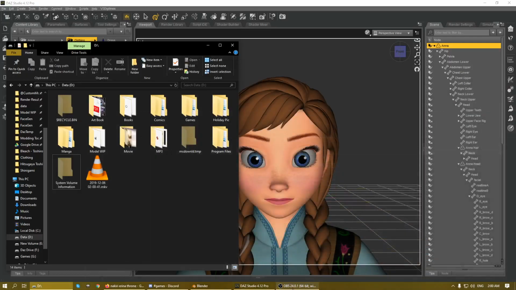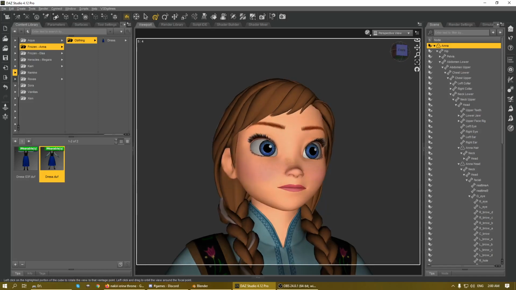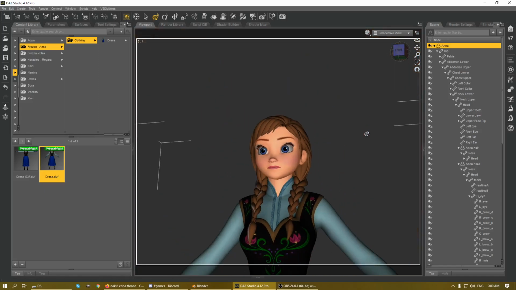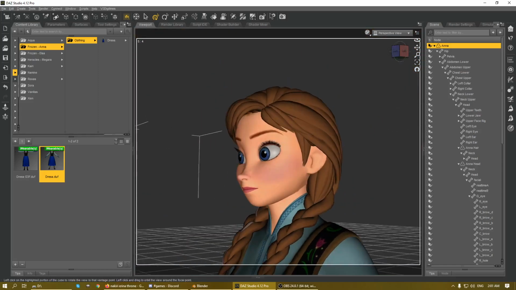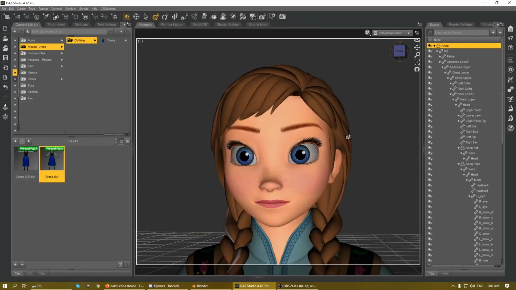Okay, so this is a quick tutorial on how to use my converted anime models over in Dust Studio. So in this example, I have Anna from Kingdom Hearts. Okay, so what I have here, right, basically is her face. If you notice, this is her head model,